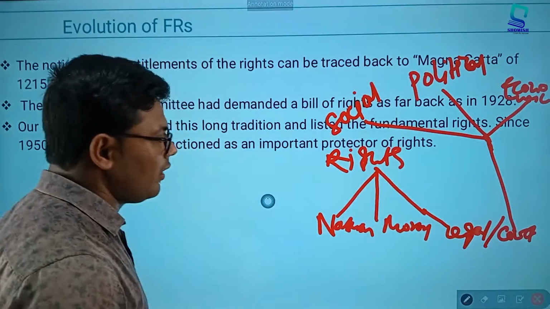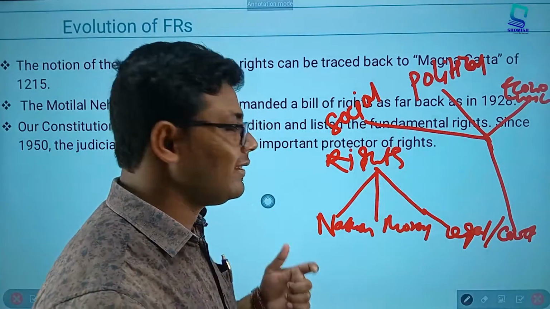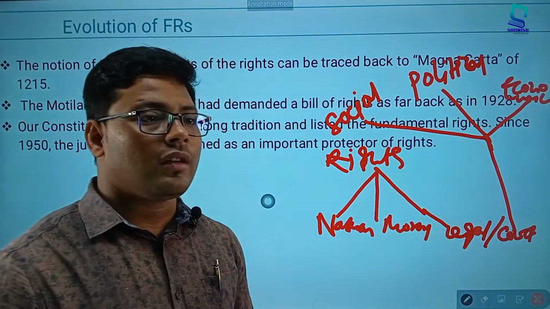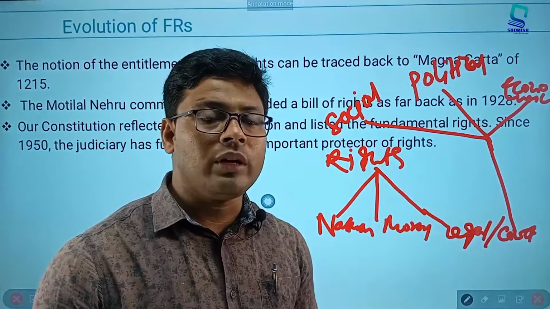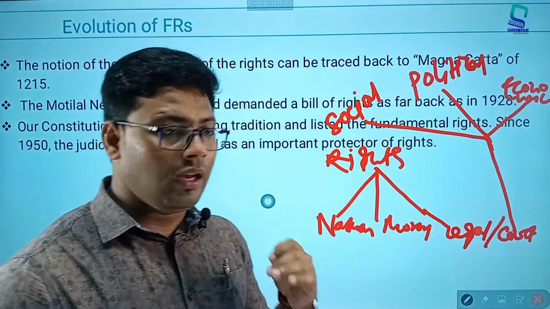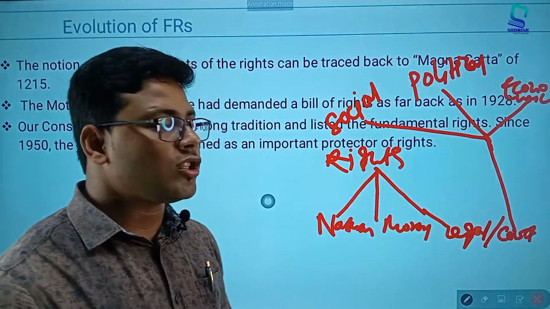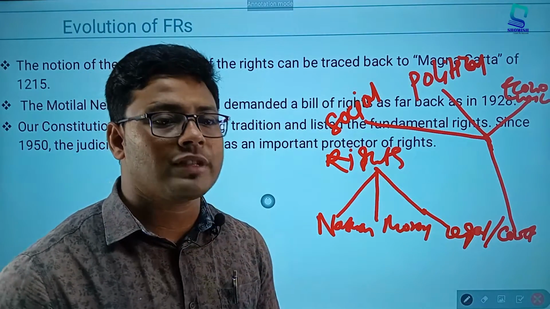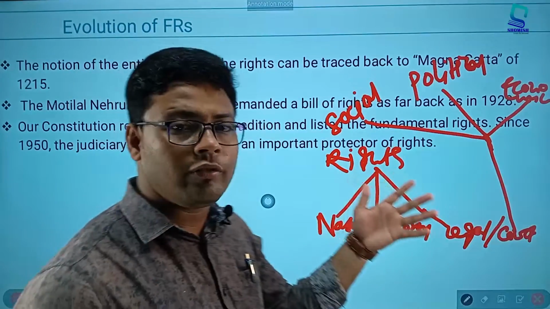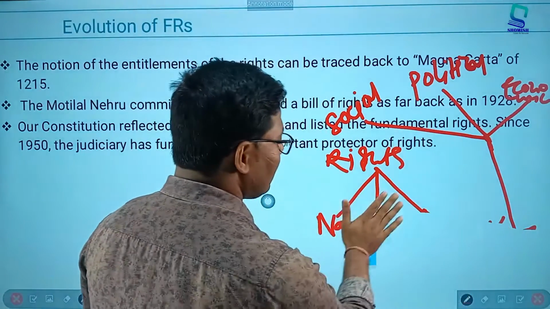So why does Professor Laski divide the definitions of rights? Because we are very much aware of our rights, and the concept of rights across the globe was basically inspired by the thoughts of Professor Laski, and that is the distinction of rights by Professor Laski. Now, the part of the Indian Constitution.